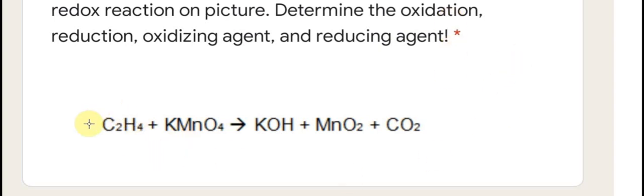So I just use a real chemical equation, and I will illustrate how to identify oxidation, reduction, oxidizing agent, and reducing agent. First, we need to find the oxidation state in here. For example,